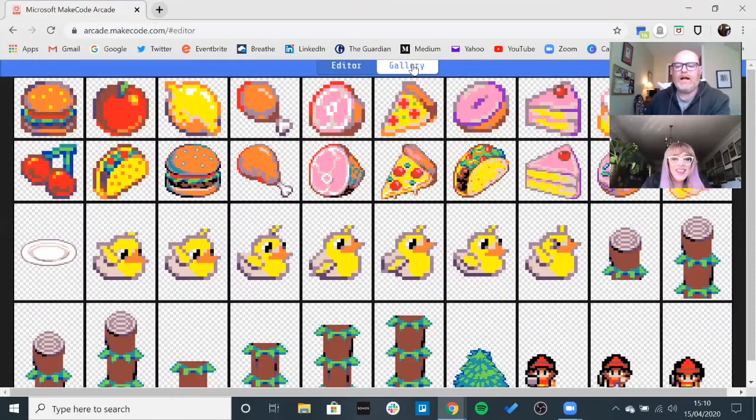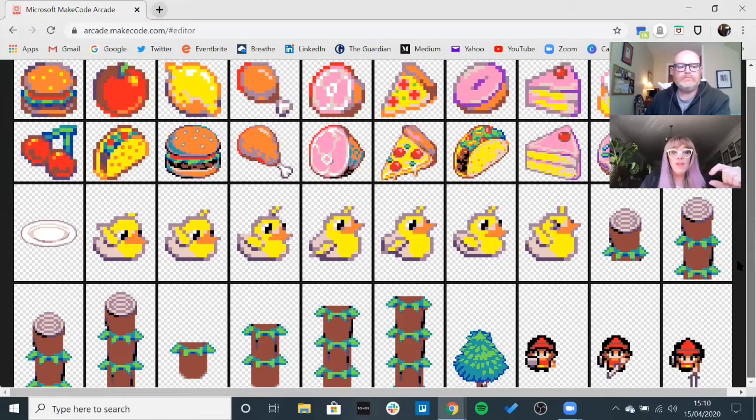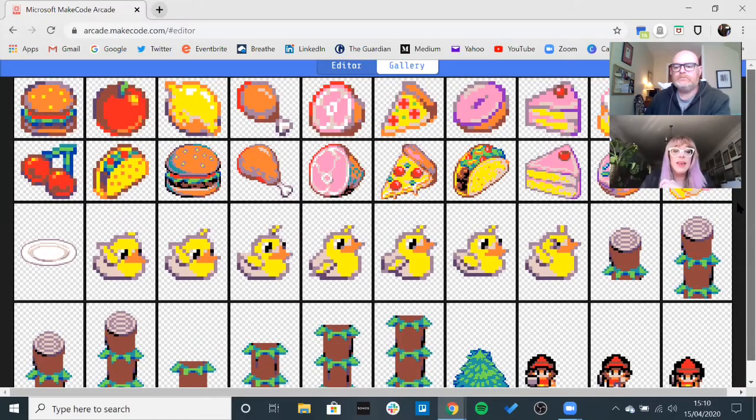So this gallery gives you a pre-made set of icons that you can use. You can use these for your sprites, or you could use these for your tiles. And as you can see with this duck option, it's got it in various forms. So you could use that for your animation. So if you scroll down,